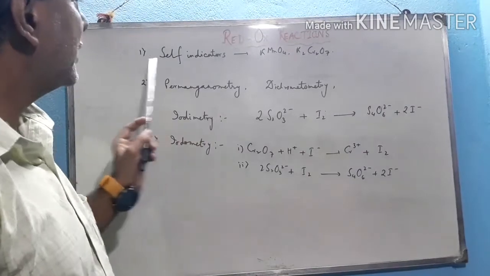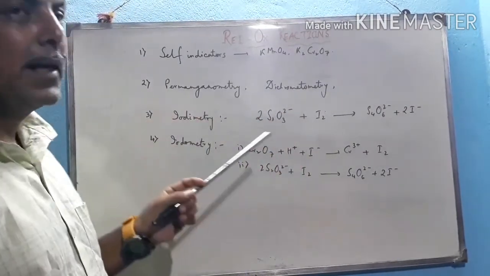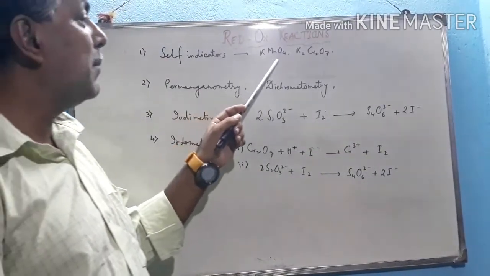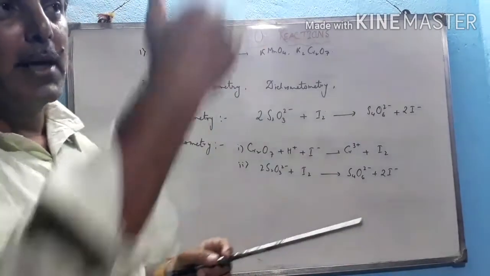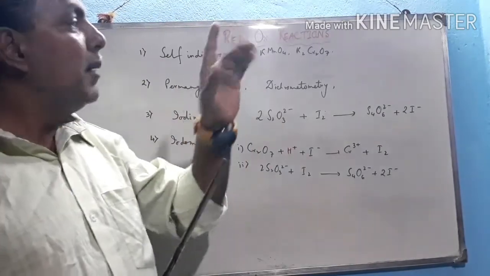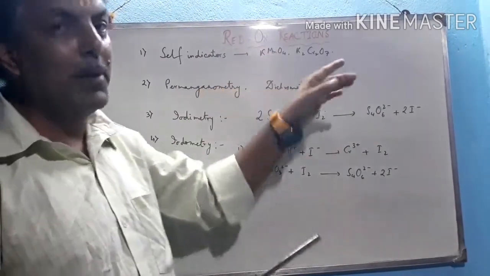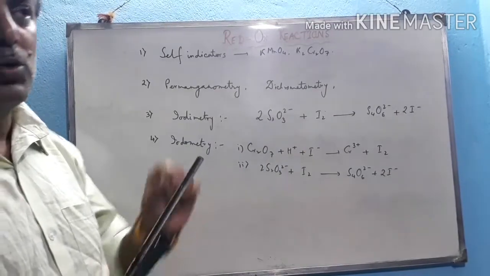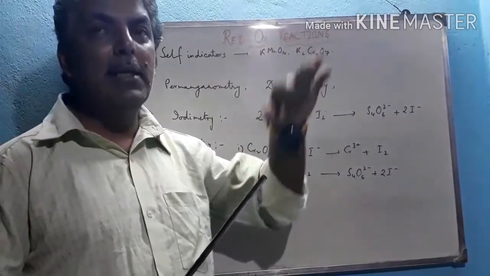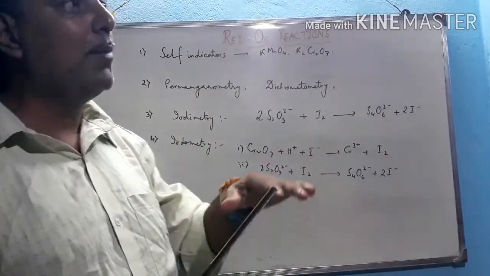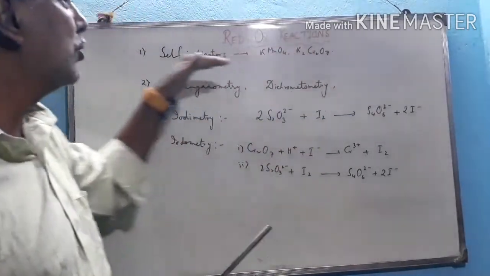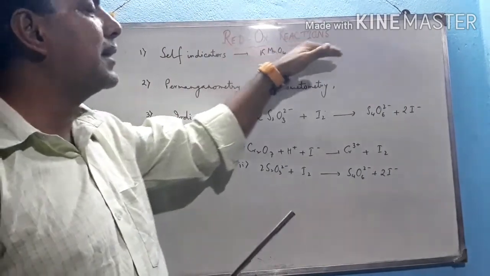This part is related to titration. We know that an indicator is needed to find out the end point of a titration. So if we use potassium permanganate or potassium dichromate as the titrant, then the burette reading shows the value V1, but the problem is that potassium permanganate and dichromate are both colored substances, so there is no need to use any indicator. These are self indicators. By changing their color, either in acidic medium or in basic medium, they indicate the end point, and that's why these are called self indicators. No need to use an indicator when we use these as the titrant.